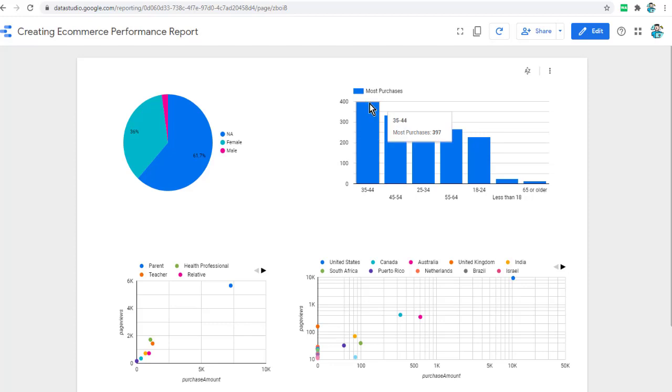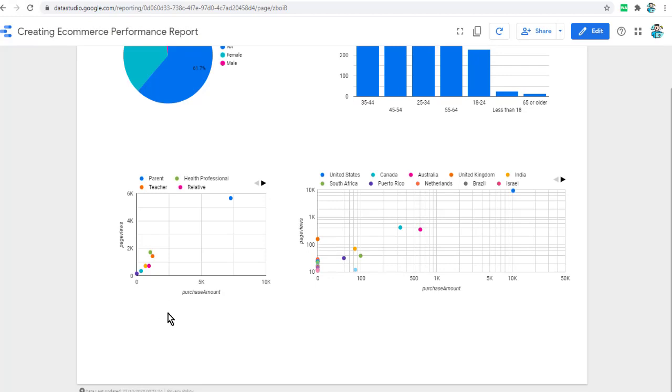So when you go to most purchases, it just shows you the age group and total number of purchases, like 397 in this case. When we go to gender, it shows you total number of sales by male participants and female participants. Then inside the profile group, it shows you what was the purchase amount that was contributed by the parents, and it becomes easier to view when you hover your mouse over these little circles.